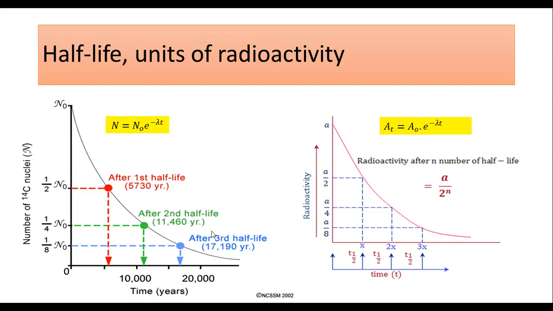So half-life is not going to change even if you change the number of radioactive nuclides. Half-life will remain the same. This is the property of first order kinetics, or actually the property of all the radioactive nuclides which follow first order kinetics. So this is the way you can get the half-life of the radioactive nuclide, and I have explained over here what the half-life is. Now moving to